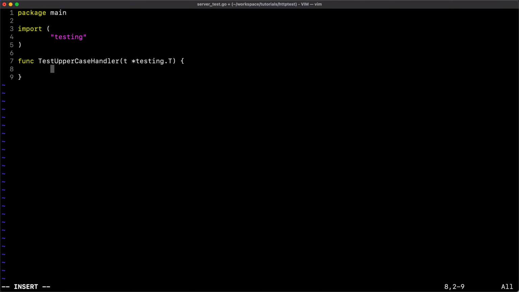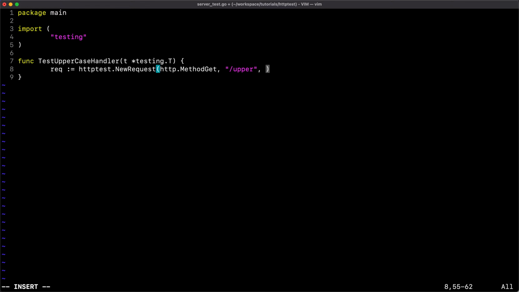So as we said, what we need to do now is create a fake request and create the recorder, which is a fake response writer. Our request is very easy: just httptest.NewRequest. The first argument is the method, so http.MethodGet. Then we have a path.